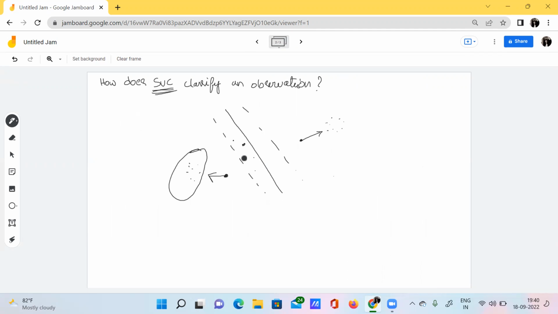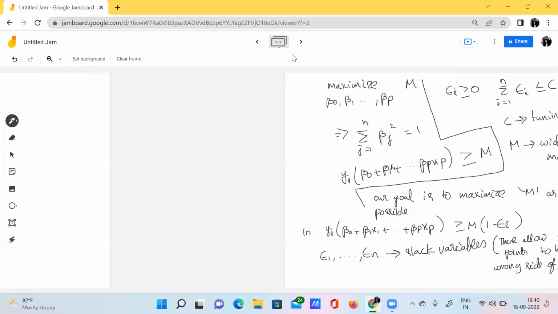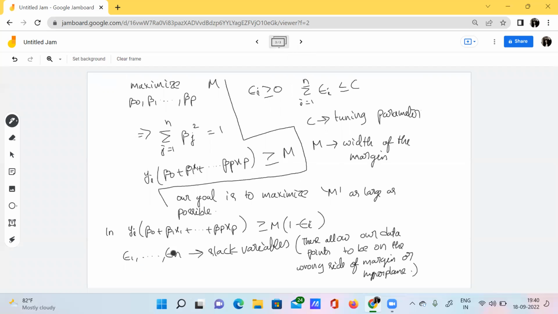These are actually placed on the wrong side of the hyperplane, right? So who is allowing these data points to cross this particular margin? That's nothing but this epsilon. These slack variables are responsible for allowing our data points to be placed on the wrong side of the margin or the hyperplane.